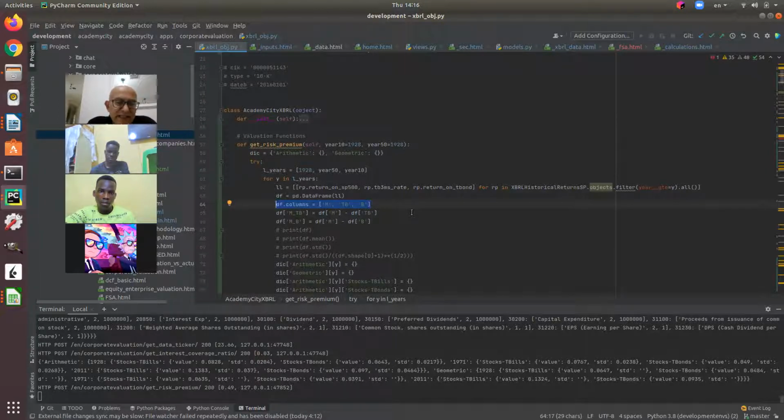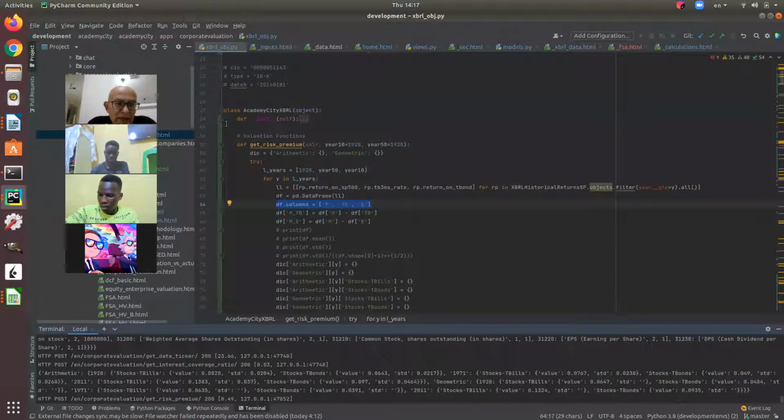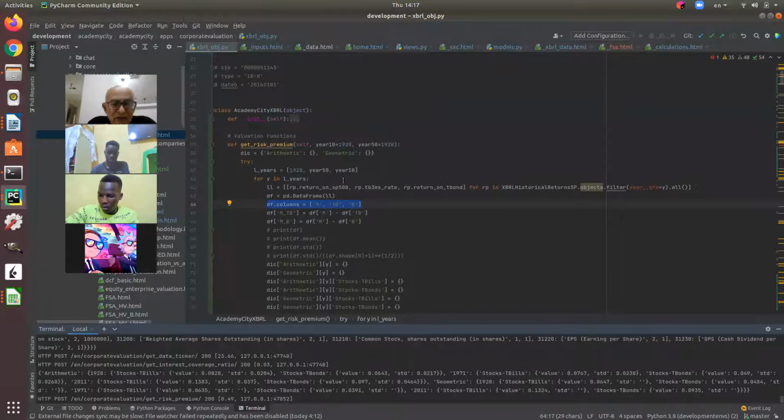But I don't really need it here. I already did the filtering that I needed right here, and I did the order in the right place, so I don't really need it. Many other places I definitely need it. So I don't use the index. I do use the columns just to give it a name, so it will be easy for me